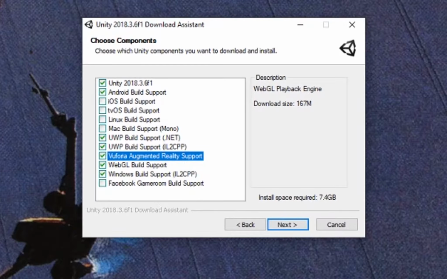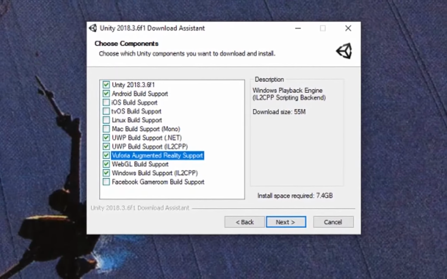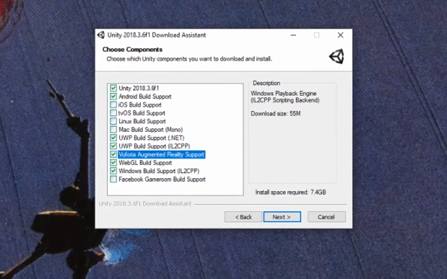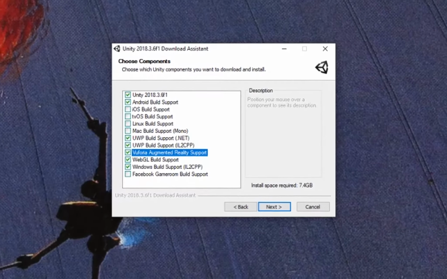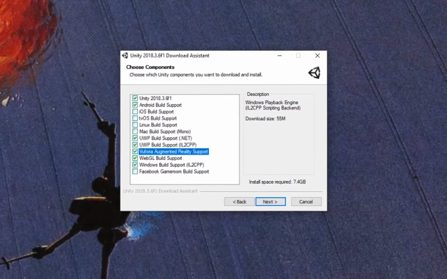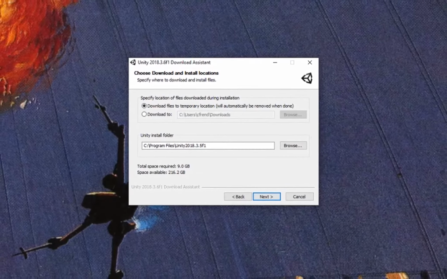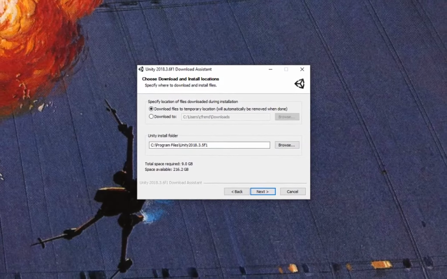But if you're compiling to put 3D content or 2D content from Unity onto the web, you'll want WebGL. And then that's pretty much what I install typically as a VR AR developer in the AVL. So I'm going to go ahead and hit next, and the next thing you want to pay attention to is